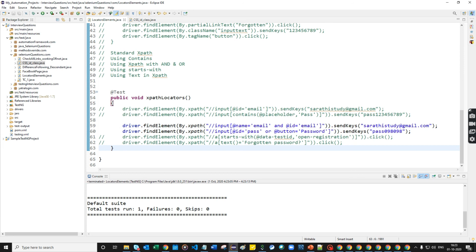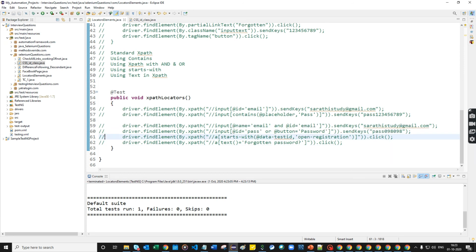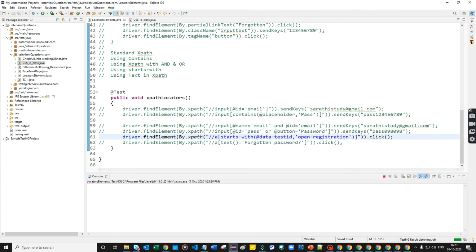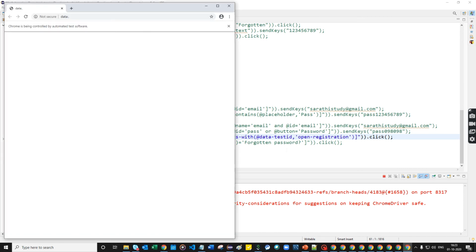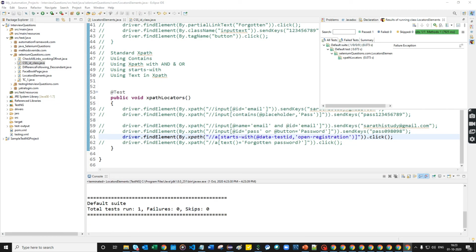So now the third one I'm going to show you is starts with. I'm going to click on create new account. That button only contains this attribute value, which is open registration. So it will be clicked.